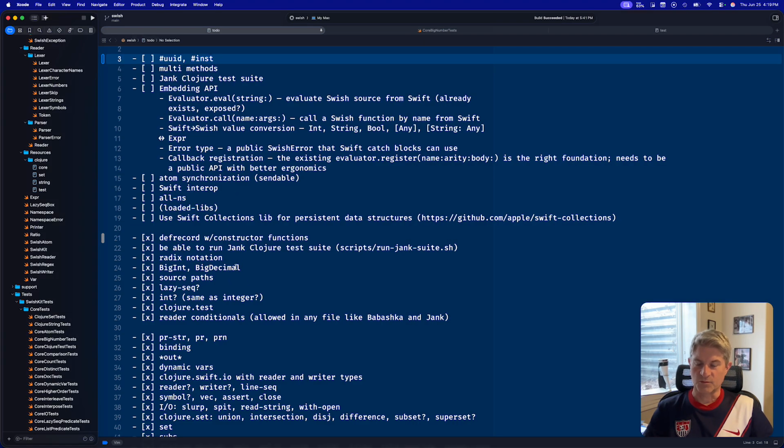We've got support for BigInt and BigDecimals. We've got support for radix notation, and of course, like I said, we are able to run the Jank Clojure Test Suite, and we've added defrecord support with all the functions that go with that. So let's